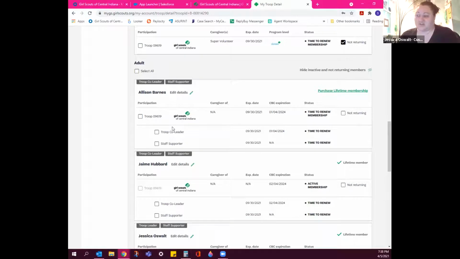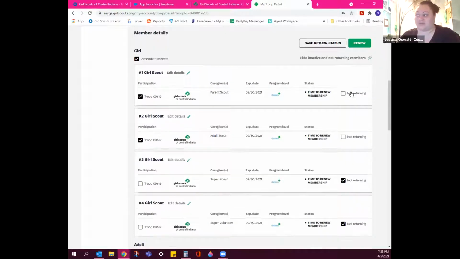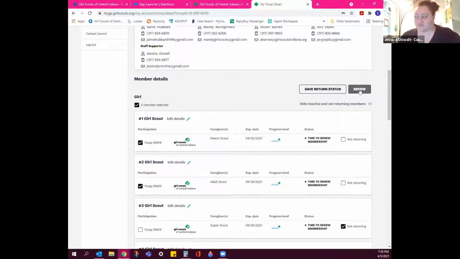When you go into your adults, you'll see they have a different number of check marks based on roles that they hold within your troop. If you just check the box that is next to the troop number, that's just renewing their membership to the troop. It's not actually renewing their role. So you have to check this box, like I want to renew Allie as the co-leader, and it's going to automatically check the membership box. So let's say that that's all I'm going to renew for now. You just scroll back up to the green button that says renew,